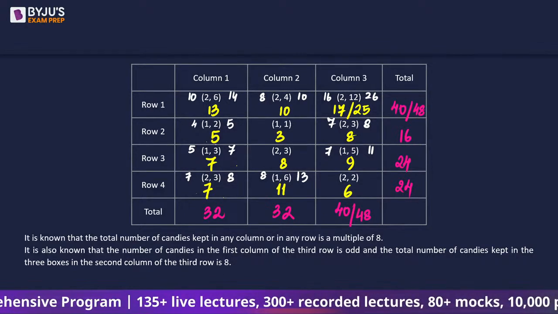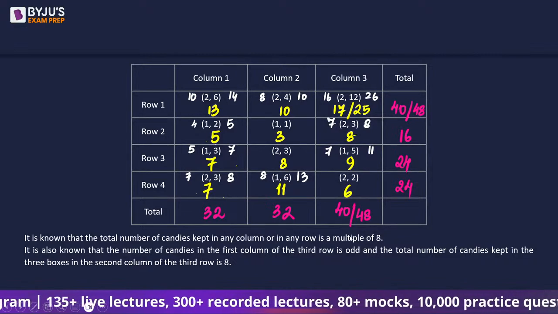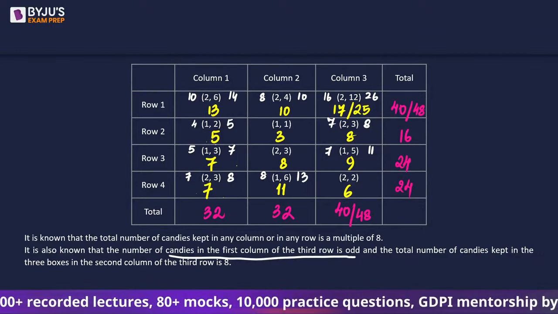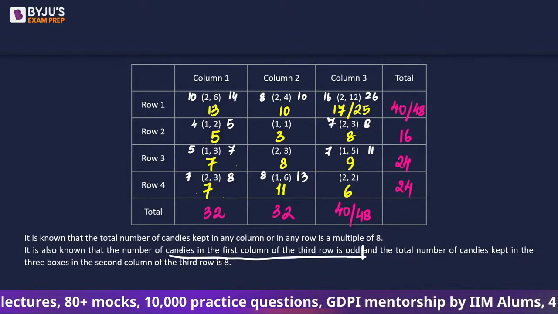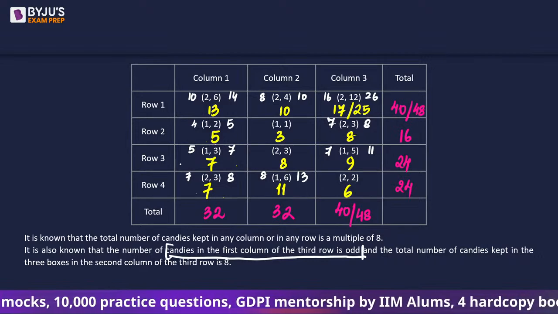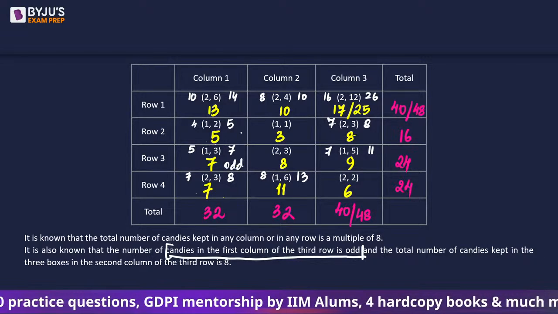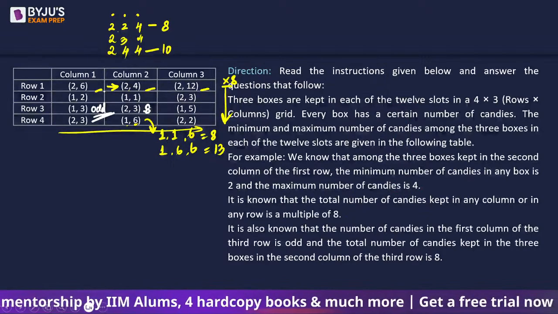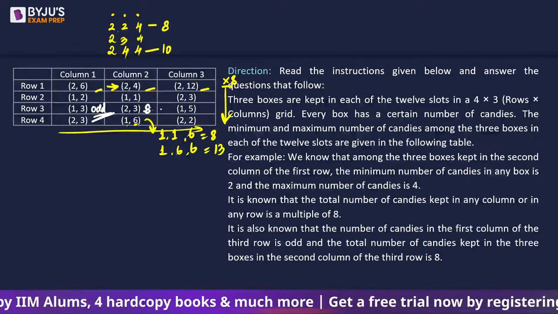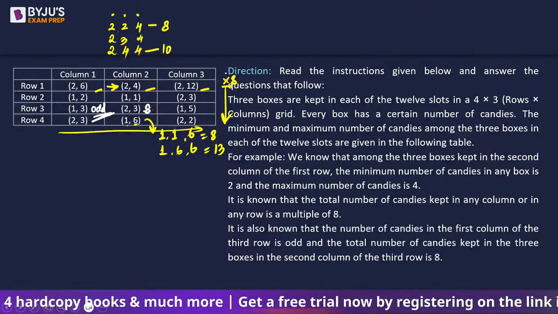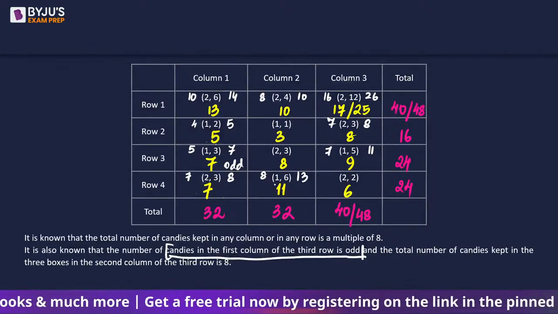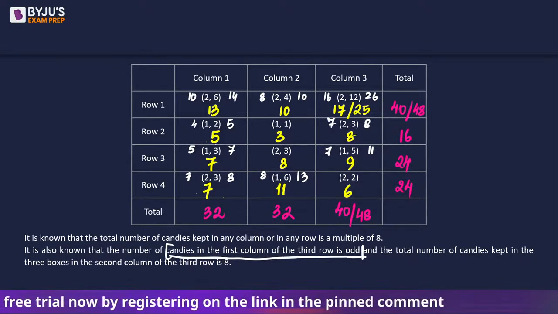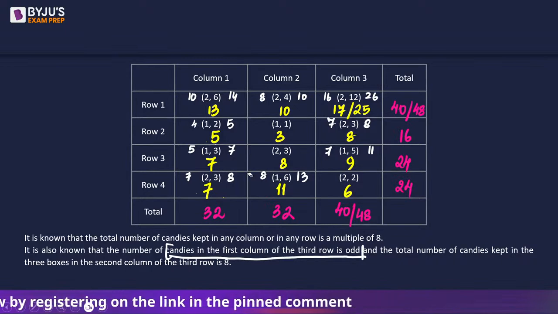Can't we take 6 in row 3 column 1? No, we can't take that because number of candies in the first column third row is odd. First column third row we are supposed to have odd. This is something we saw, no? जब ये पढ़ रहे थे तो हमने ये फिगर आउट कर लिया था कि ये ऑड होगा, ये 8 होगा, एंड दिस सम शुड बी ऑलवेज इन द टेबल ऑफ 8. 6 इज इवन, राइट? ठीक है,